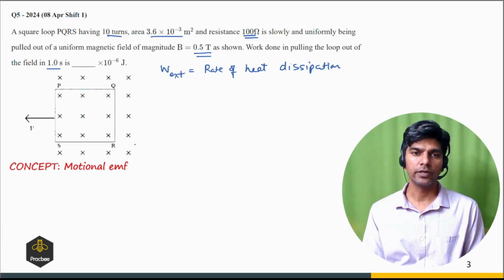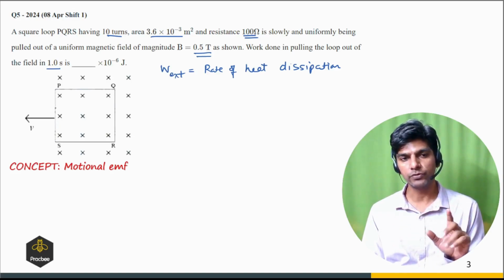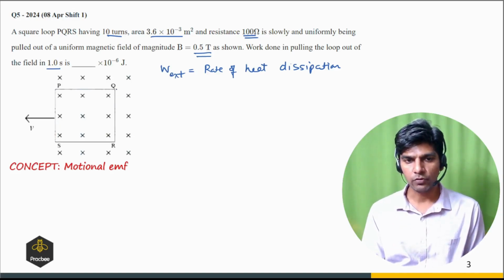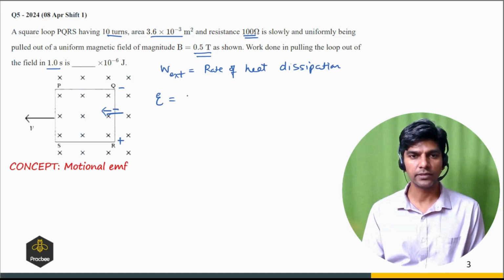Right, so now first we have to find the EMF induced. When we are pulling this out of the magnetic field, this PS section will not be in the magnetic field, so there will be no EMF induced in PS section. So we are left with only QR, and QR is moving in the left direction. So there will be polarity: in this direction, this will be at high potential, this will be at low potential. So there will be an EMF induced, which will be BLV, and B in this case is 0.5. Length is